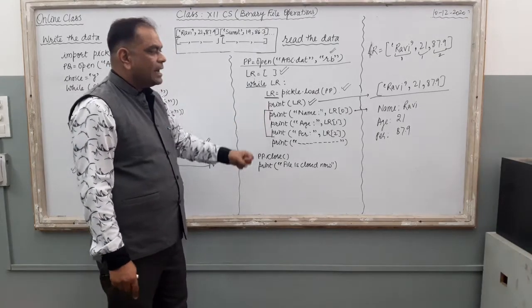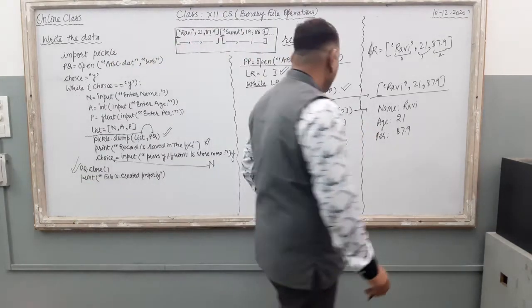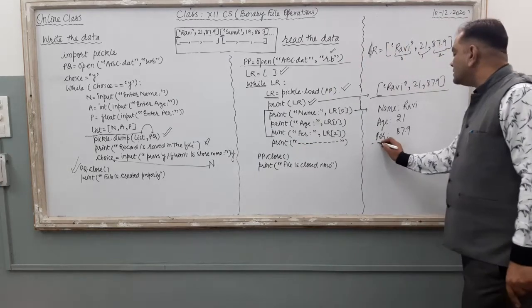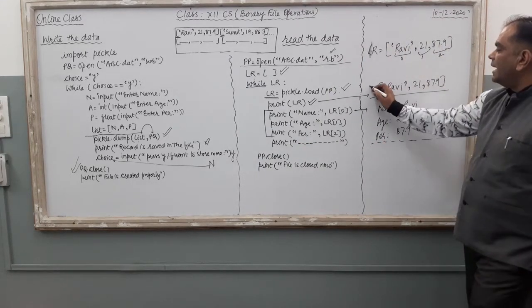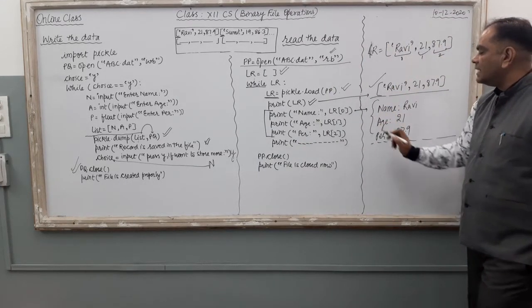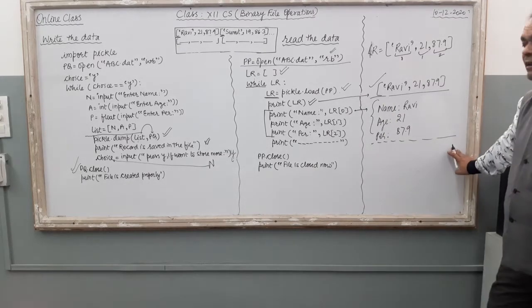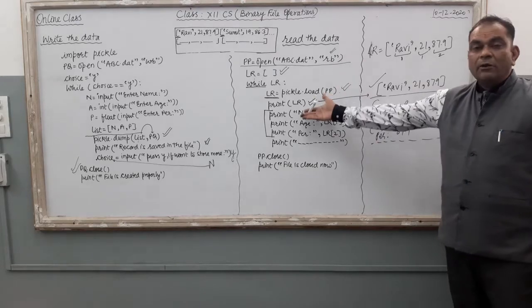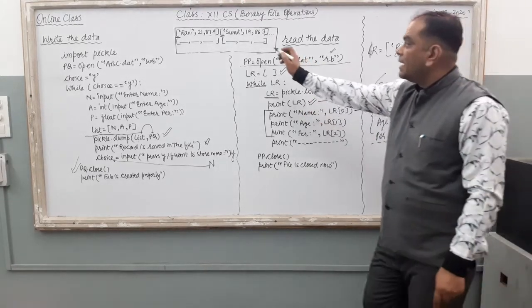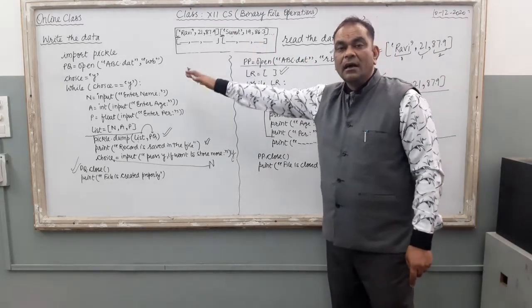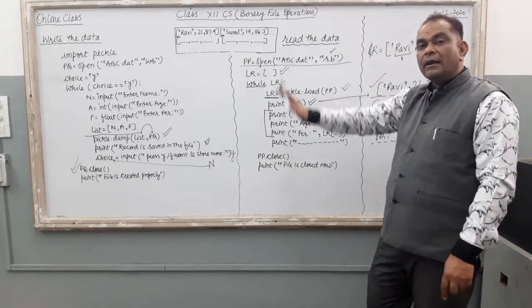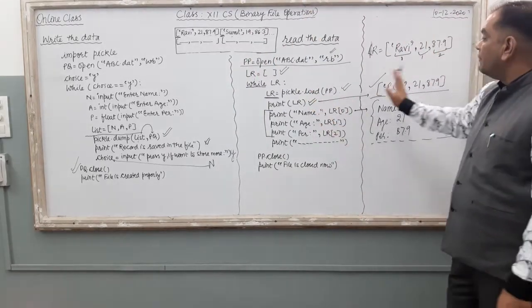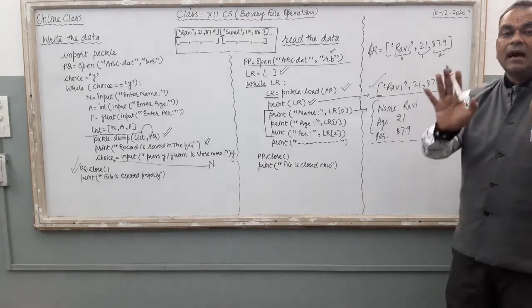Then once your data is available, it appears on the monitor. Print dash dash means this line will be there. So how is the data coming? One is coming in the packet, just below it three different lines are coming, and then the dash dash line will be there, right? Then again the while loop will execute. The second record will be there on the monitor, then the third, then the fourth, then the fifth. All the records that are there in the file will be there on your monitor as an output.